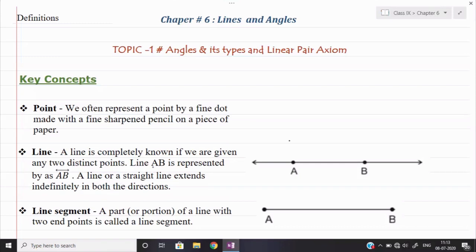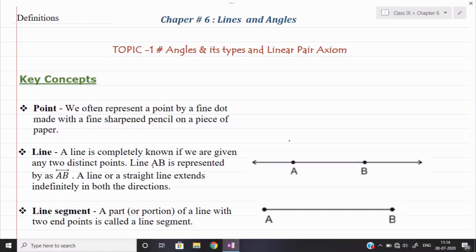In lines and angles, I am taking the questions of the textbook first and then the solved examples, because in geometry, solved examples play a very important role. Some of the solved examples repeatedly come in the examination as well. So you need to solve the solved examples also. Apart from that, if required, I will take some additional questions from time to time. Okay, so try to solve all the questions, don't leave any question from here.